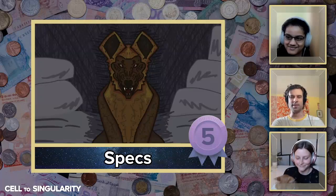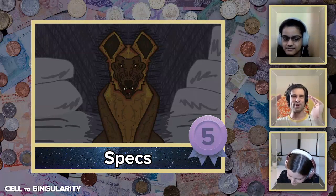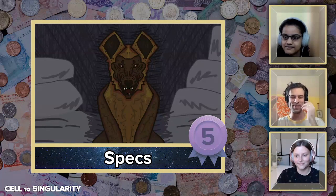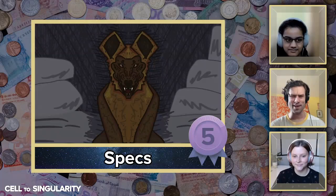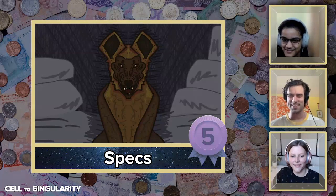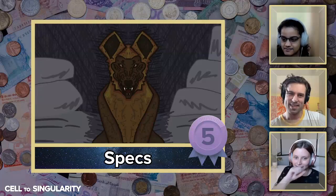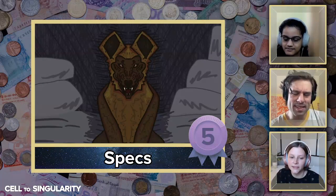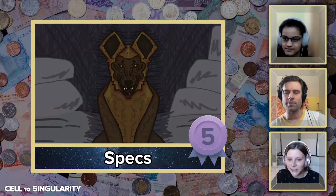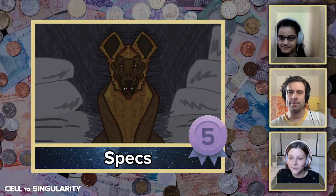This one's cool. I really like how symmetrical it is, and it has a lot of 45-degree angles. It almost looks like it belongs in a video game. It's also pretty frightening. I wouldn't want to see this in a cave. The use of the symmetry tool was really impressive. I liked it a lot, and that's what made it stand out to me. So I think it's earned its place in the top five for sure. Yeah, great job, Specs. All right, moving on to fourth place,